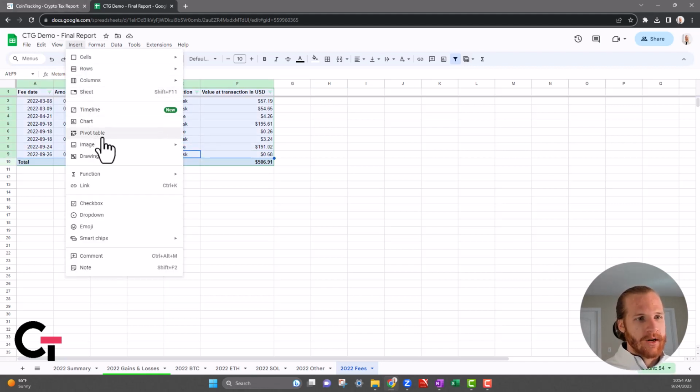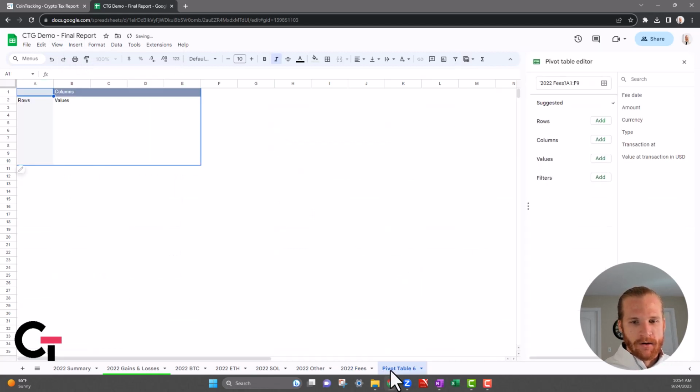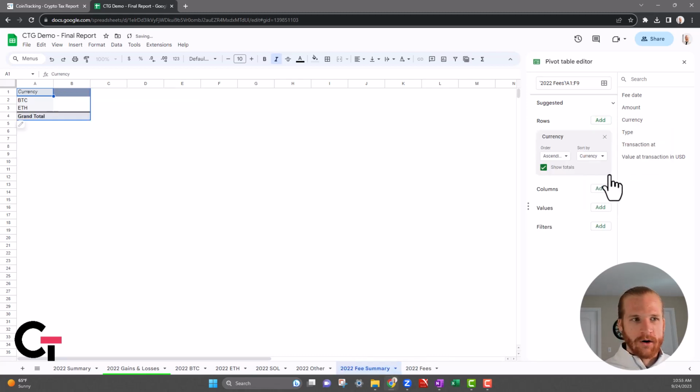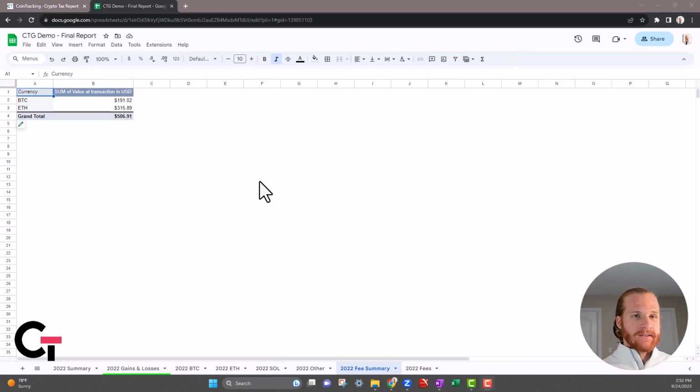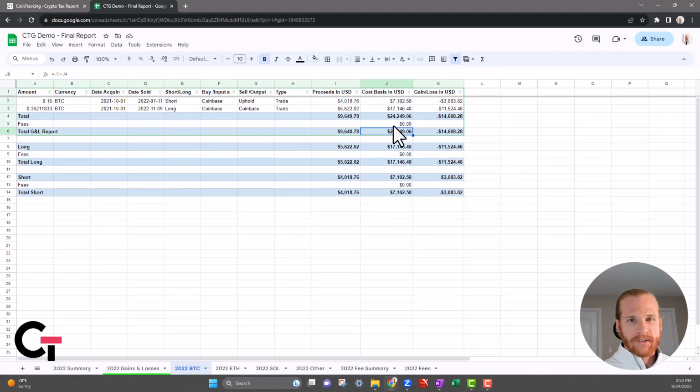So we're going to insert a pivot table here, 2022 fee summary. And then we're going to do rows. We're going to do currency and then values, value at transaction in USD. The last thing that we need to do is separate these fees to their respective currencies. So as you can see, we've got Bitcoin and ETH fees. So we're going to grab the Bitcoin fees, put them in the Bitcoin tab,